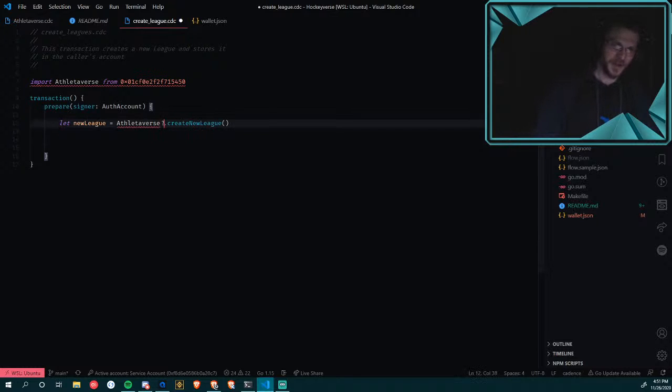I feel like we need something like this here, but the problem is, what do we do if the new league method doesn't exist? Because I wrote this, it should exist. I feel like I'm probably gonna run into some sort of error, but it's been a while, so let's just see.